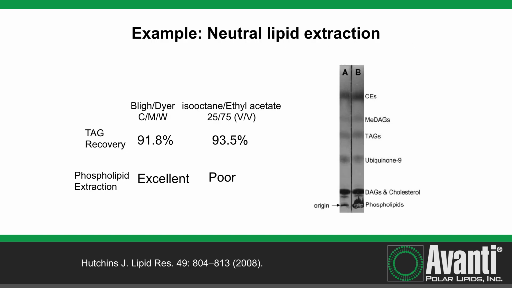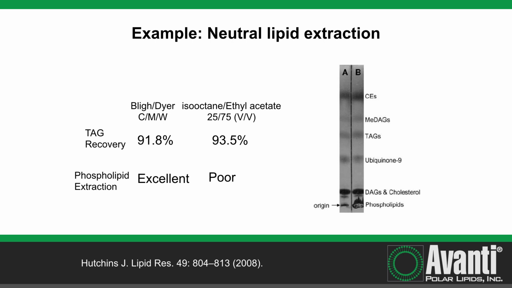So here's an example of an alternative lipid extraction besides the Bligh-Dyer, and on the left-hand side here we're looking at the recovery of a triacylglyceride and a phospholipid. By the Bligh-Dyer technique, you recover triglycerides very well, and of course they were devised for the extraction of phospholipids. But if you change your immiscible solvent to an isooctane ethyl acetate mixture, you still get excellent recovery of the triglyceride and very poor recovery of the phospholipid, and that's illustrated on these two TLC lanes,